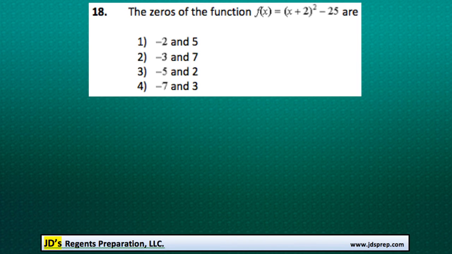This is problem number 18 from the August 2014 Algebra Regents exam. This one's fairly straightforward. We need to find the zeros, or the x-intercepts, of this function, x plus 2 squared